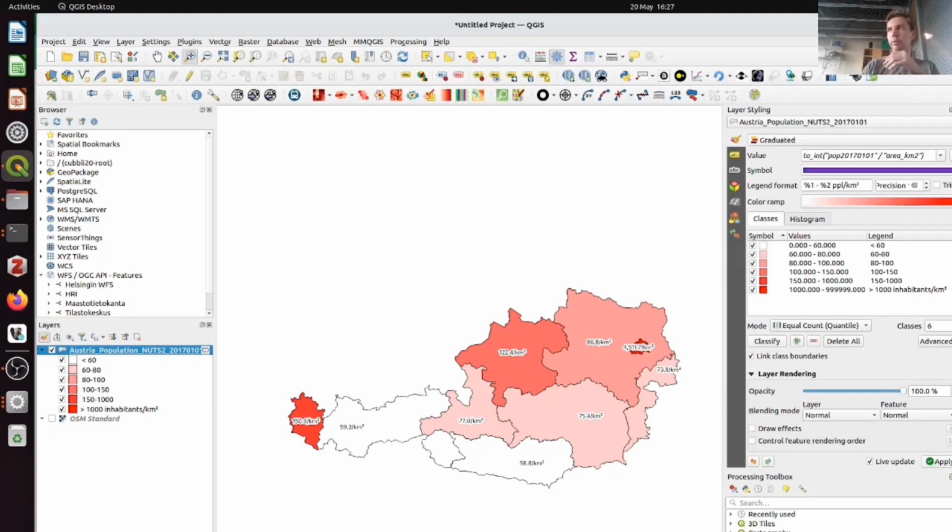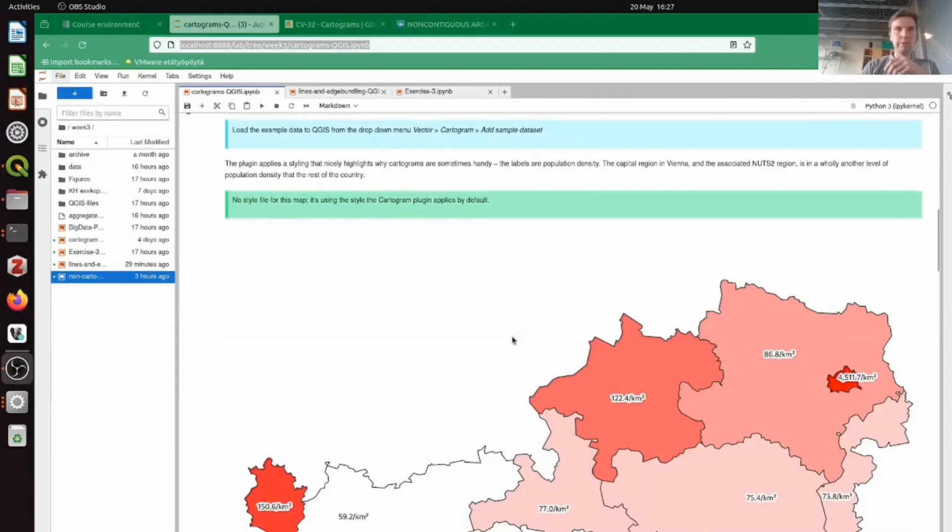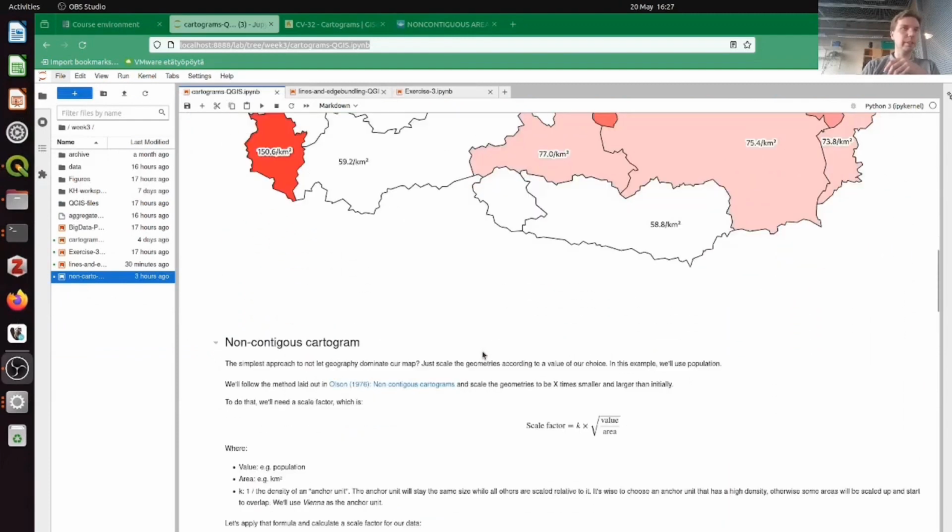If you scroll down now to the section titled Non-contiguous cartogram. First we'll look at the very simple approach to creating these cartograms, where we just scale the geometries according to whatever scale value we want to apply. For example, if we scale this geometry to 1/6 of what it was previously, you see an example here. For the non-contiguous cartograms, this is a starting position. We'll use this